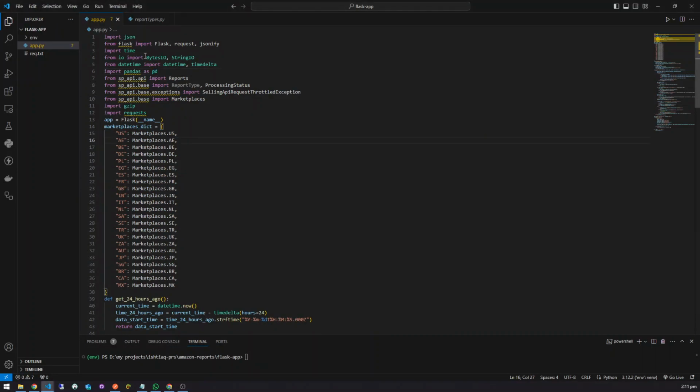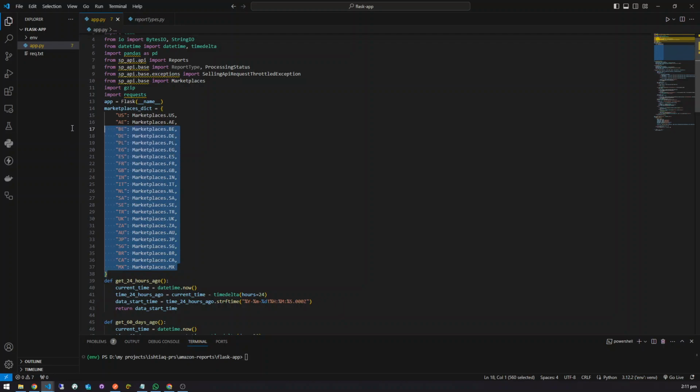Here we have the complete Flask application. From the beginning, we import some modules that are required for this application. These are some common modules, and this is the Flask module. And then we have some SP-API package modules that we are importing: the reports, the processing status, the selling API request throttle exception, and marketplace. We use gzip to extract the data from reports, and we have requests as well. So we are starting the Flask app, then we are creating the dictionary for the